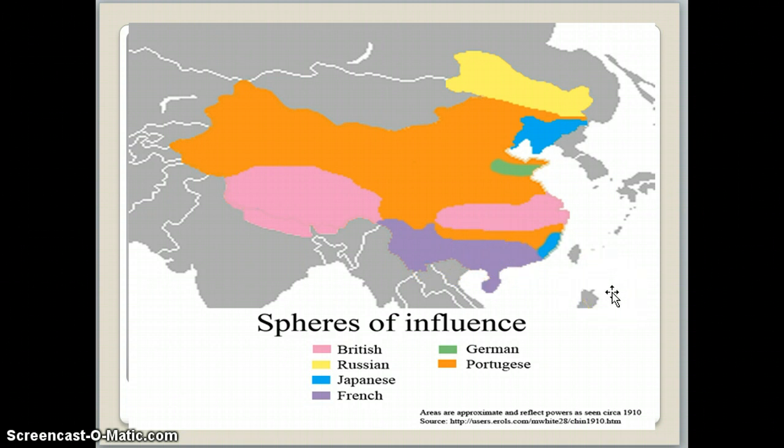All of these places are called spheres of influence. If you try and sell or buy things outside your sphere, the country that owns that sphere can seize your goods. It's considered what's called contraband, forbidden. Okay? That's important. China doesn't like the idea of spheres of influence. They hate it because it makes them feel weak. It shows that they're weak. They don't have any control over who does what in their country.